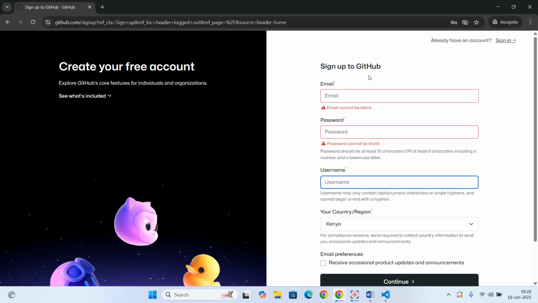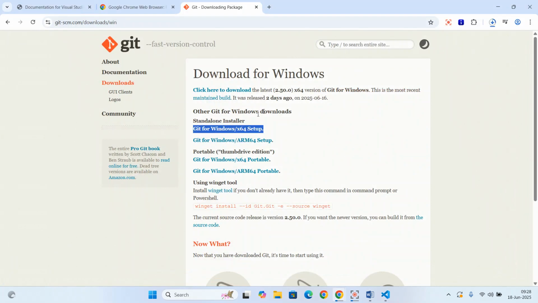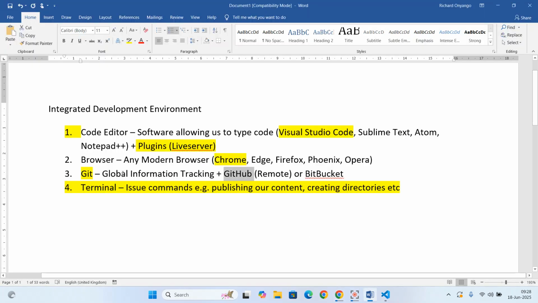I think as far as the environment is concerned, we have covered a lot. We have done how to set up our code editor, which is Visual Studio Code. We have added a plugin, which is Live Server. We have downloaded a browser, which is Chrome. Then we have also installed Git, and also we created an account on GitHub. Then, of course, the terminal is incorporated as part of Visual Studio Code,